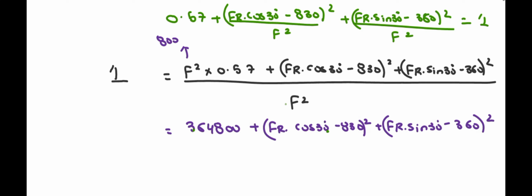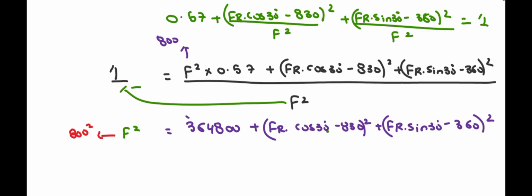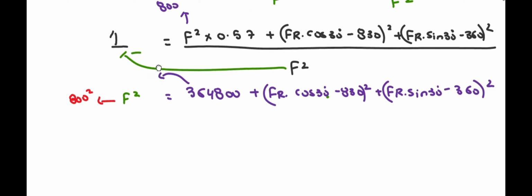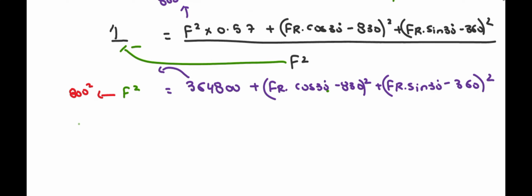And see, shift F square to the opposite side. So F square into 1 will give F square. The value of F here is nothing but 800, so 800 square will be 640 into 10 raised to the power 3. Similarly, this is our 364800. If you shift 364800 to the opposite side, it will become negative. And lastly, if you subtract 800 square with negative 364800, you will get